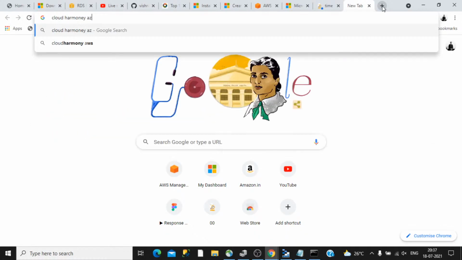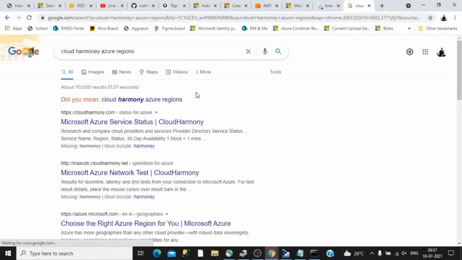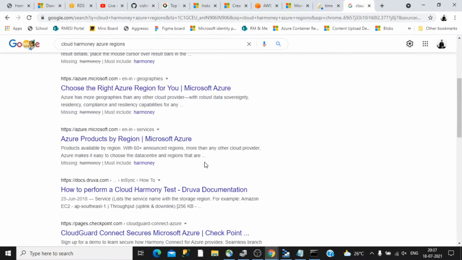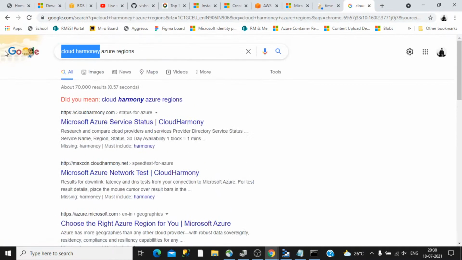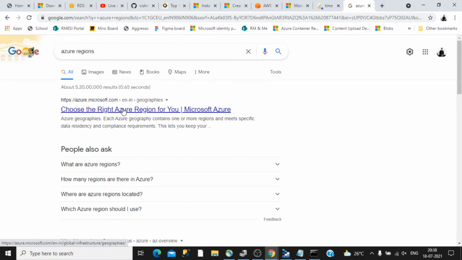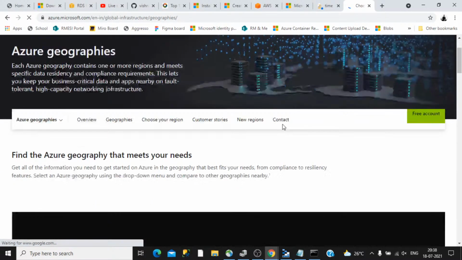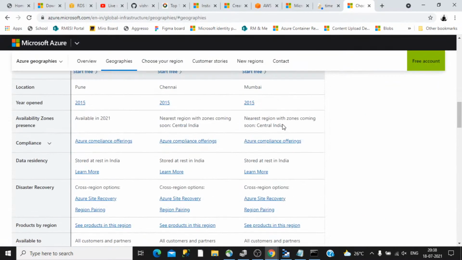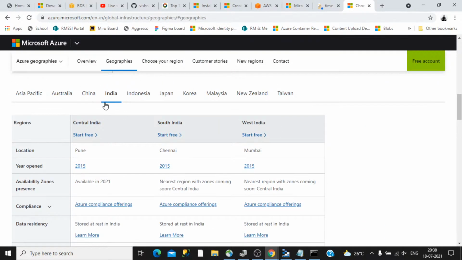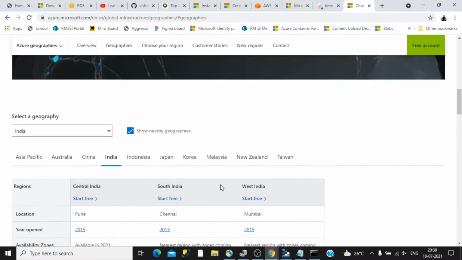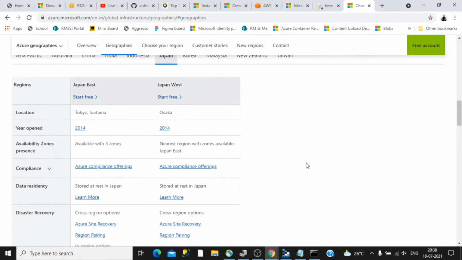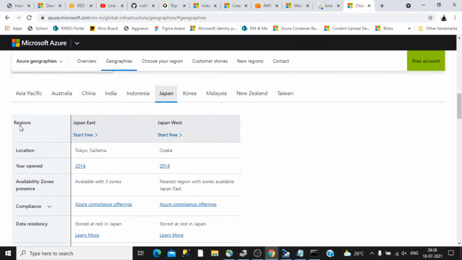If you search for Azure regions, they straight away show a list of regions. So there are different regions out there. I'm right now in India, so I have regions like Central India, South India, West India. Similarly for other locations, there are different regions as well. So that is the concept of regions.